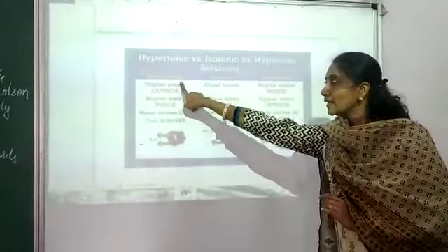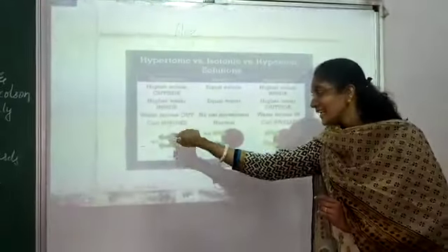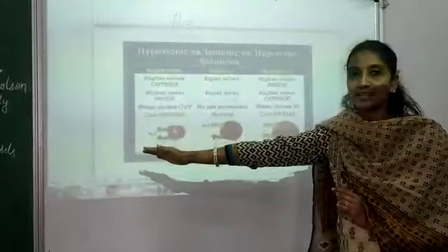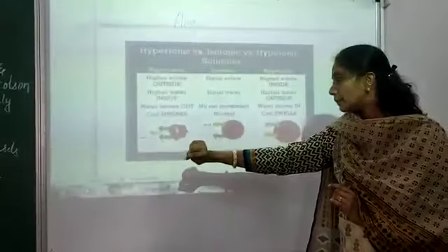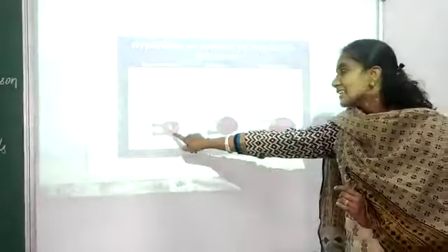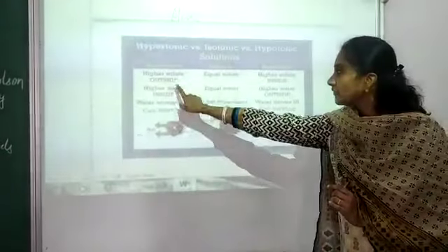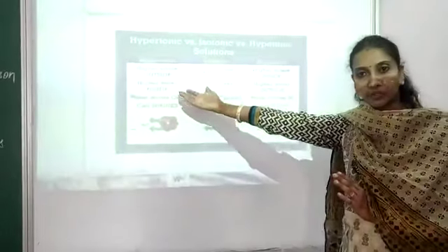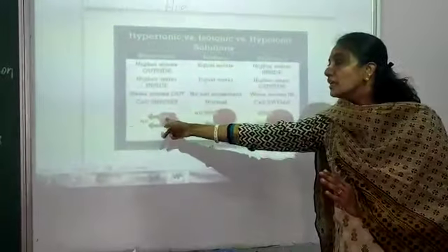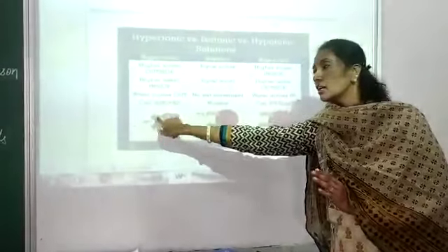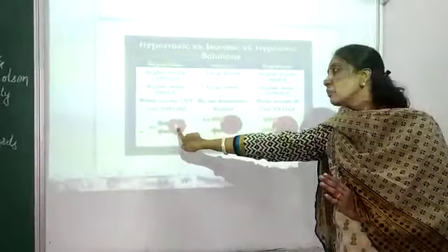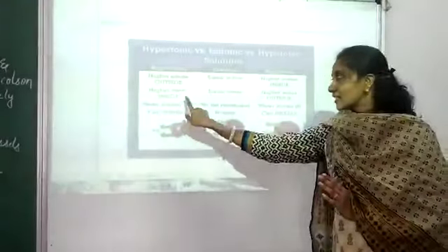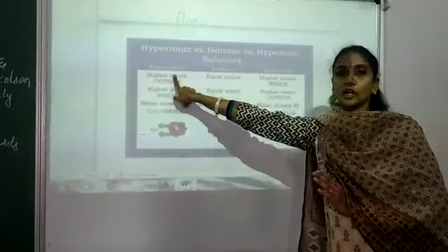Here it is hypertonic, that is, water is more inside the cell and less outside the cell. Hence, water will move outside the cell to maintain equilibrium. In such a case, what happens? The cell will shrink in its size. Here we can say higher solute. Solute we can take as either salt or even sugar. So salt is more outside here, and water is more inside the cell. So it moves from inside to outside. Hence water moves out and the cell will shrink. Such a condition takes place in a hypertonic solution.